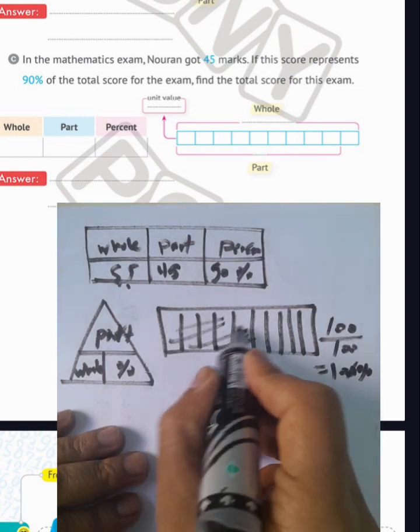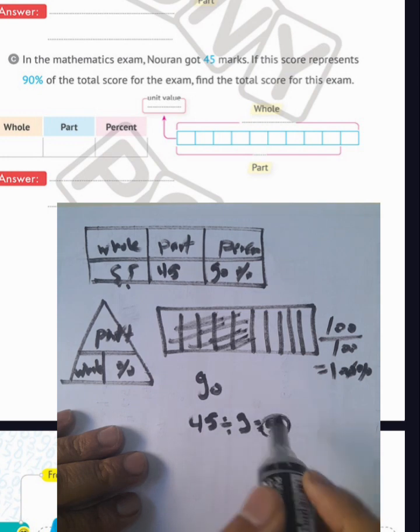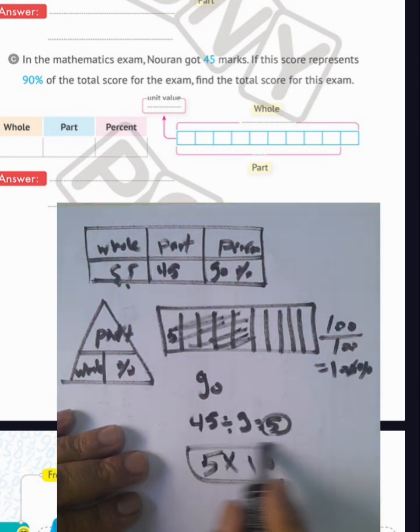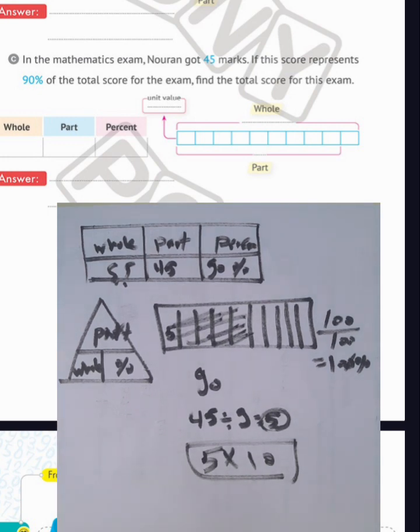Then we have 5 parts, and the value of each one is 5. 5 times 10 will be 50. Okay, then the result here will be 50. Or you can solve this example by writing the number,